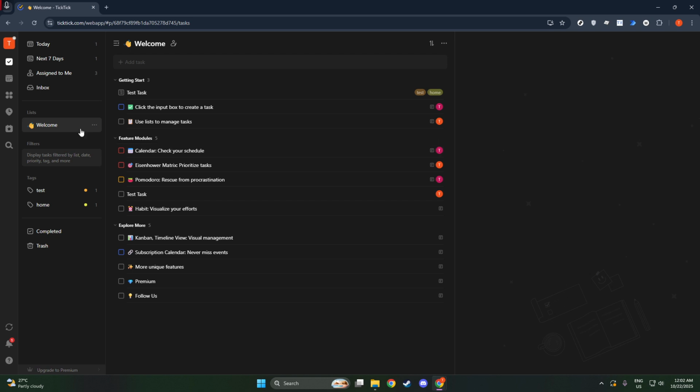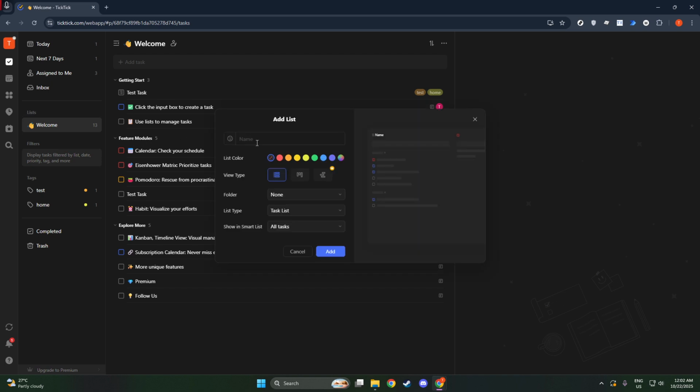Let's start by creating a dedicated note list. Unlike tasks, notes in TickTick live in special note lists, offering a separate environment that's specifically tailored for note-taking needs. To begin, navigate to the left sidebar of your TickTick interface. Here, you'll want to click on the Add List button or look for a plus icon, which allows you to